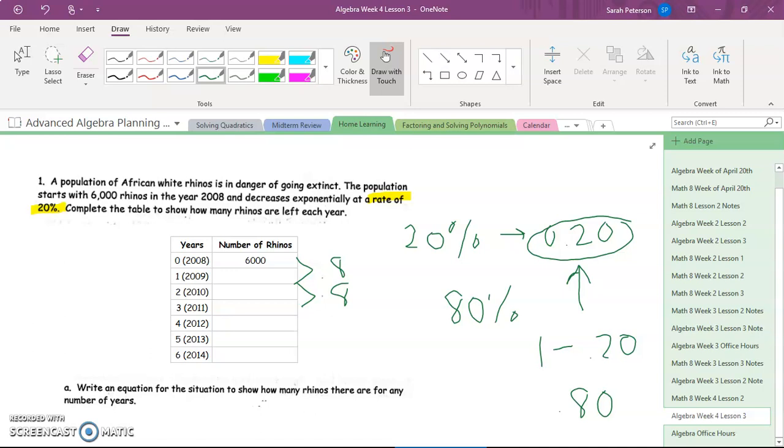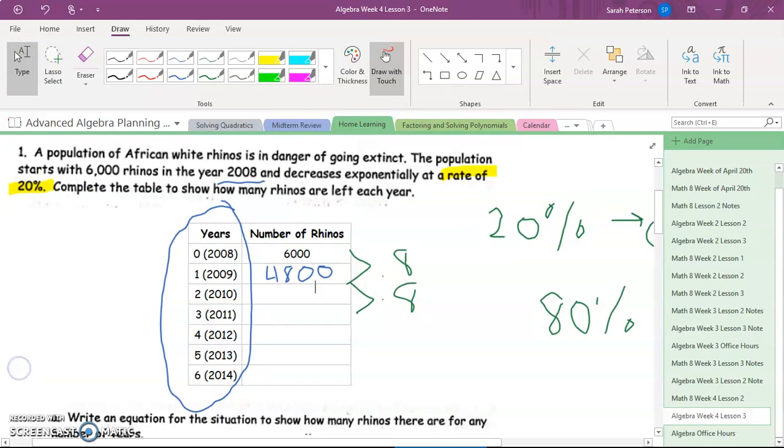So if I start off with 6,000, and if you see the tables going by years, and you're going to see this in your practice, it's giving us a start year of 2008. So I'm going to consider that year 0 and start from there. So that's why the years are in parentheses there. So if I take 6,000 and I take 0.8 of that, I get 4,800. And I'm doing my best to write that in there. Then I take 4,800 and I take 80% of that, which is going to be